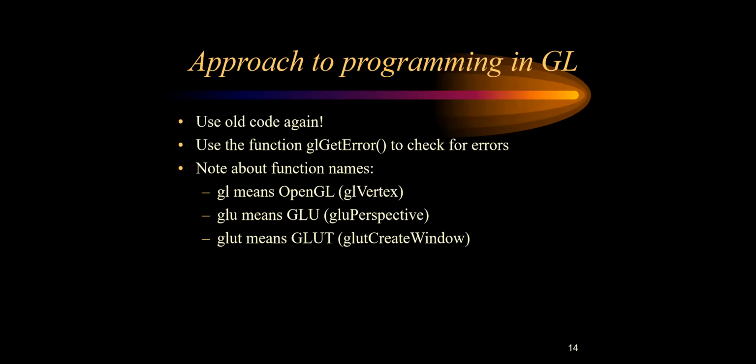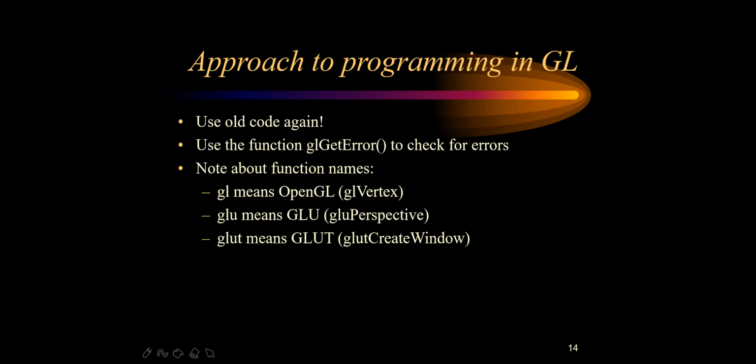If you use the function glGetError, you have to remember one thing: this is case sensitive. So gl will be small, Get G will be capital, Error E will be capital, there will be no space in between, and as it is a function, you have to end with the open and close brackets. This kind of function you can use to check any kind of errors inside your program. So this is a primitive. Here you learn one primitive. I hope you people are writing in your booklet. Just write it down: glGetError will help you find the errors.